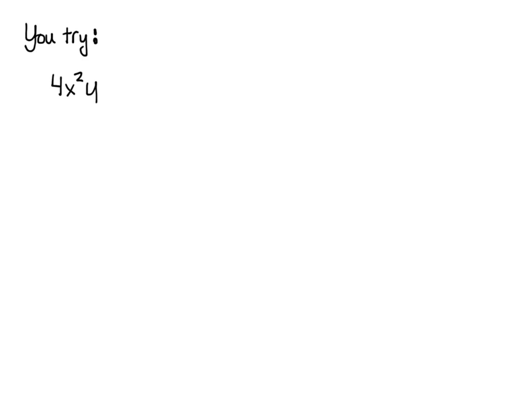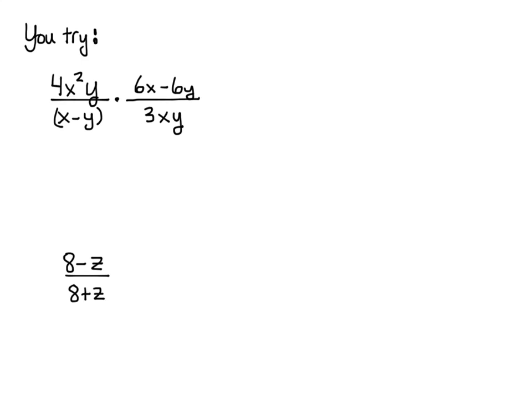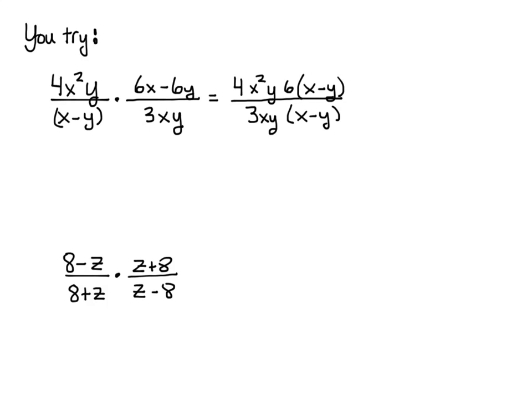Okay, so here's one for you to try. We're multiplying, actually there's 2 of them here. We're multiplying those 2, so multiply those 2 out and simplify it, and be sure you keep track of your domain restrictions. How does this look? Okay, so that's the first step. Factored out the 6, just wrote everything together, and then